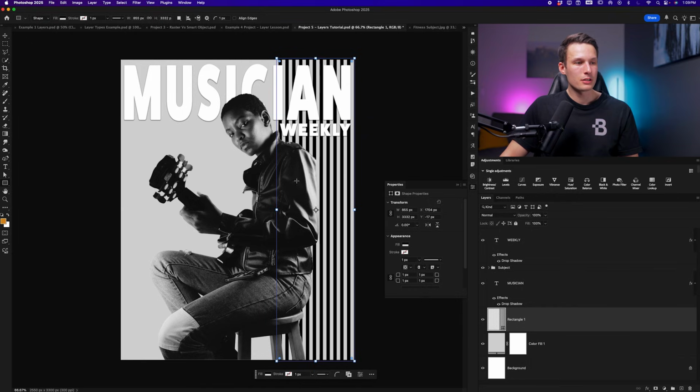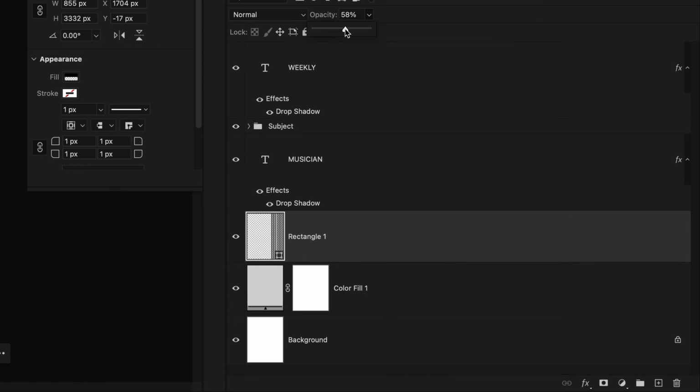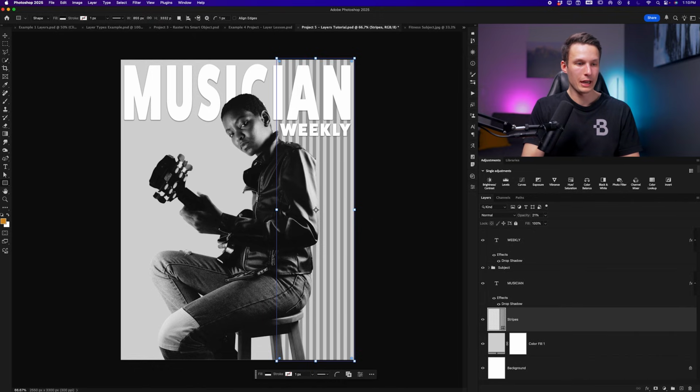Now, since it's just a little bit too intense with the black, I want it to be just kind of a gray color instead. We can just reduce the opacity of that rectangle layer. So while that's selected, we'll go to the opacity and bring that down like so to make this blend in a little bit better in the background. I'll rename this to stripes, and to make it look a little bit more interesting,